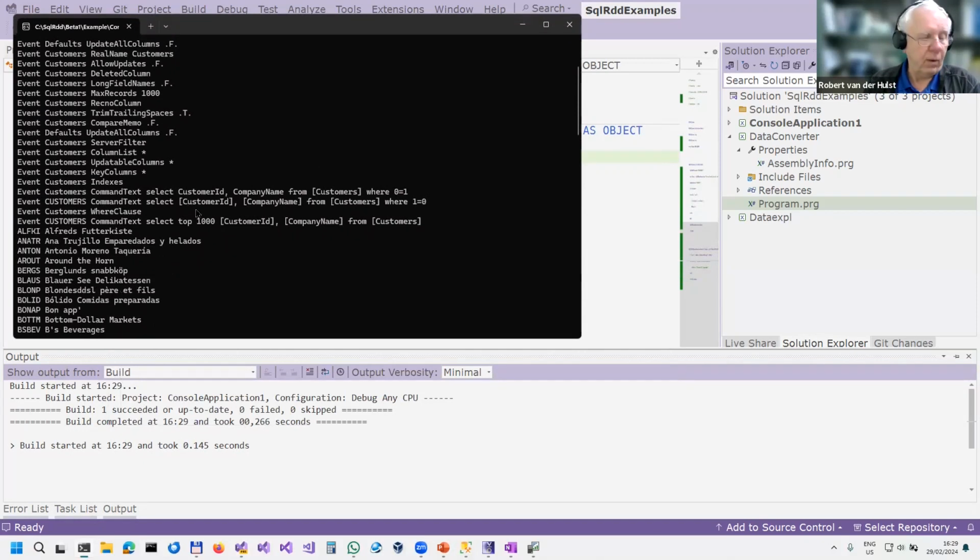Now you see, because I specified the column list, my select statement is only limited to the 2 columns that I specified in my column list. So by doing that, you can basically tell the RDD what you want to do. Now,